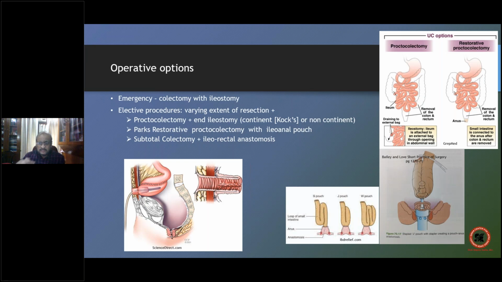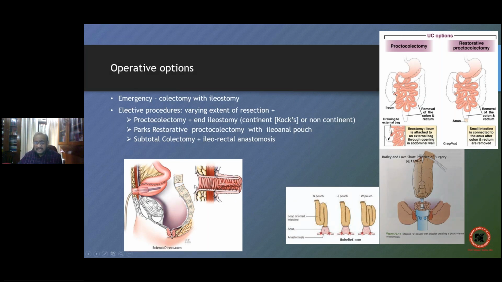A non-continent ileostomy keeps on exuding fecal matter every minute. It keeps on coming out into the bag. In a continent ileostomy, I can evacuate it at my will. It does not empty all the time. This is basically the construction of a nipple valve, constructed where the ileostomy has been done. So when I'm doing a proctocolectomy, that means I remove the whole of the colon and the rectum, then the ileum can be brought out either as a simple ileostomy or as a continent ileostomy. Simple as that. Okay?